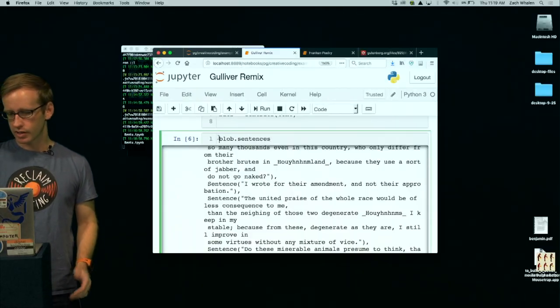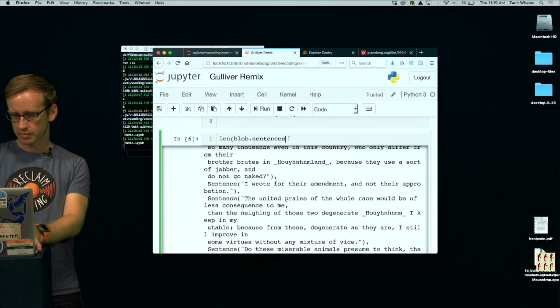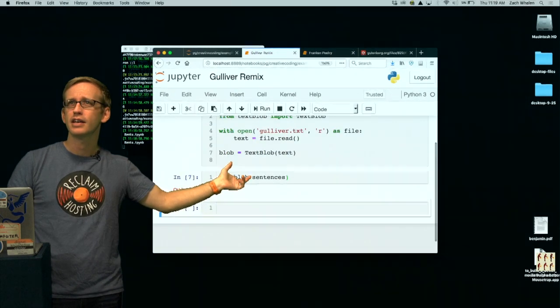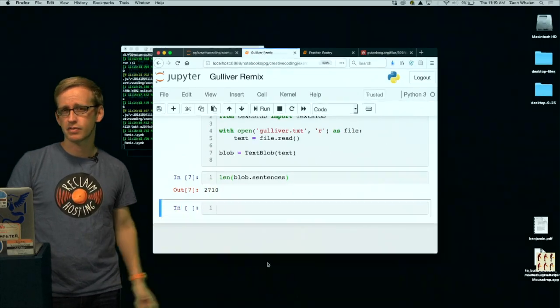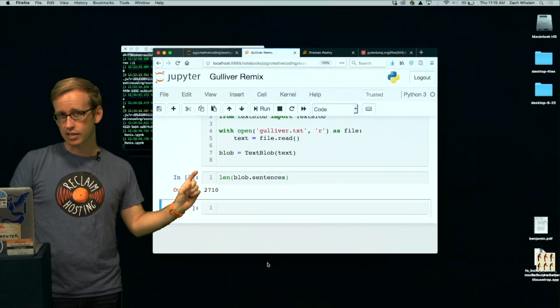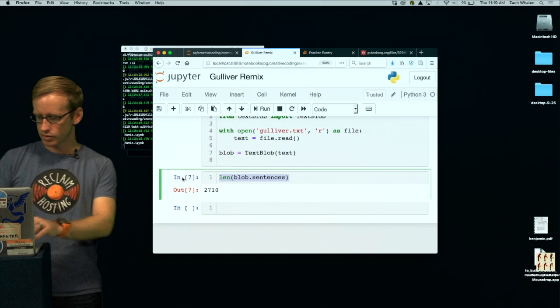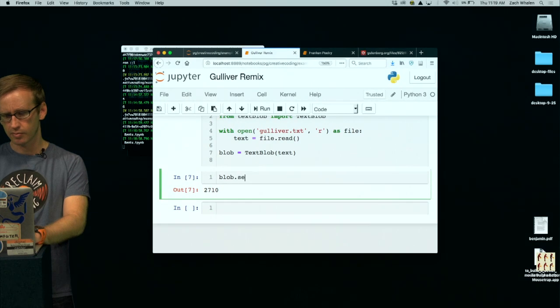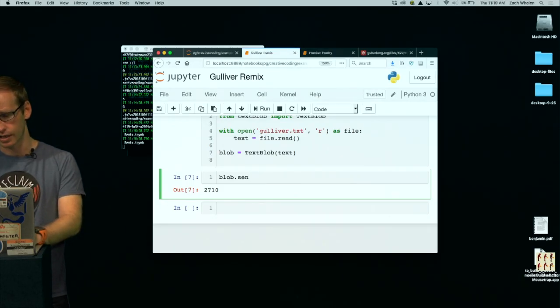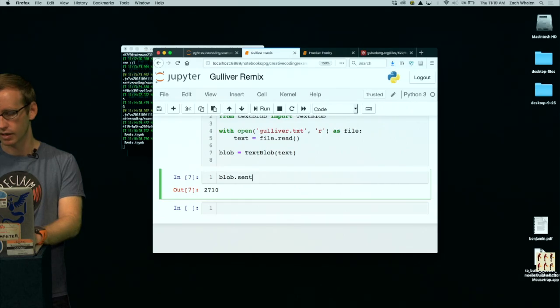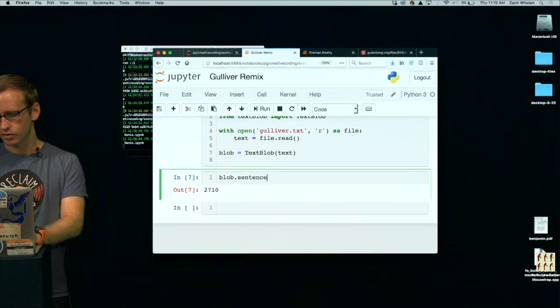I can find out how long that list is by passing it to the length function, len, and I can see that there are 2,710 sentences now in my TextBlob. So if I wanted to print one, I need to give it a number that's lower than 2,710.